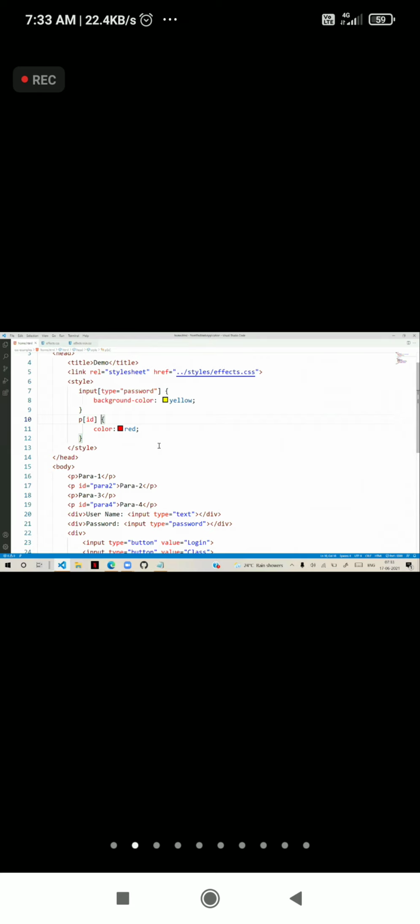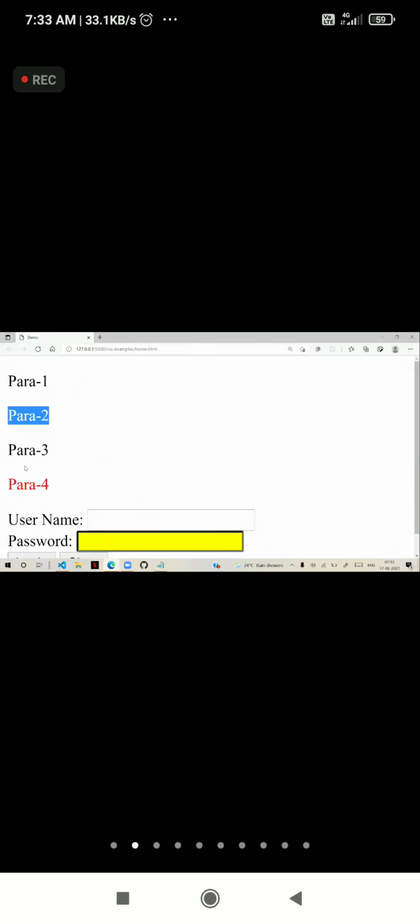Without value, you can write only the attribute. So that means it will apply to all paragraphs that have ID. That ID value may be anything, but it is just having ID or not. So then you can see that it is going to apply for those paragraphs, second and fourth. So that is attribute selector. You can define based on attribute value, or you can define based on the attribute.